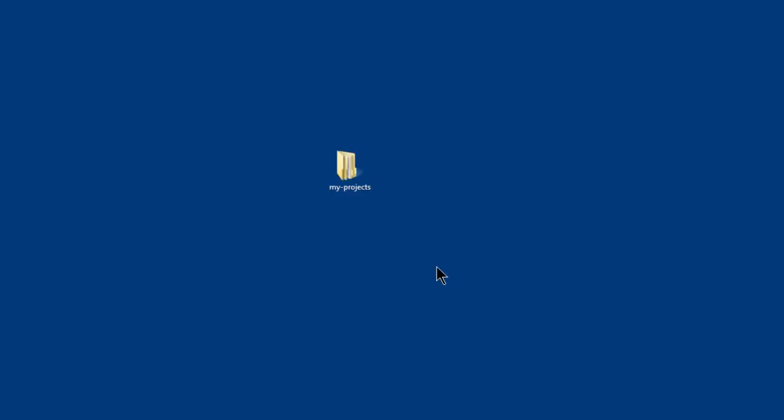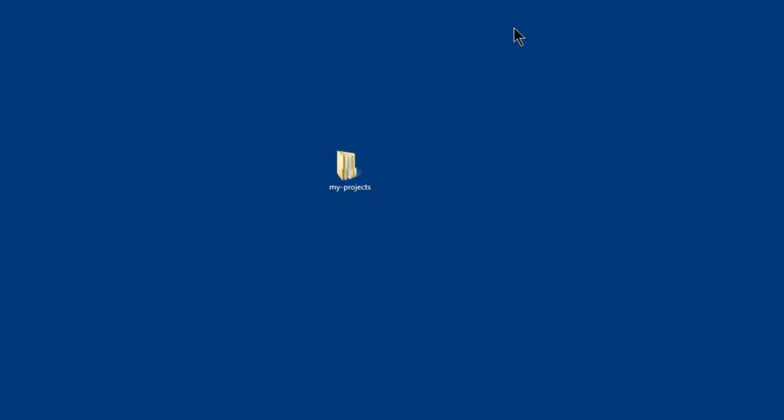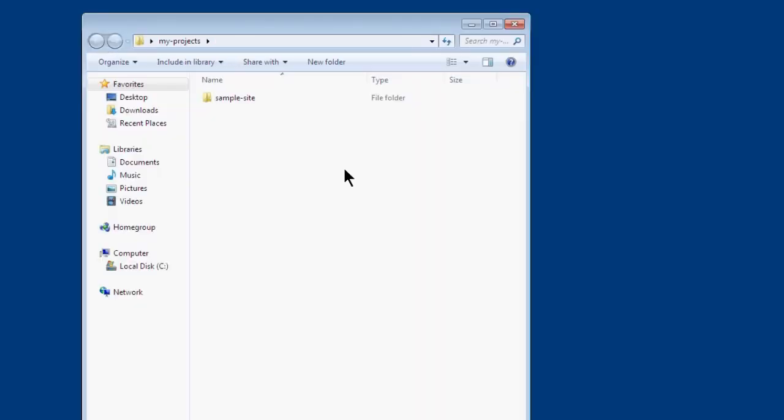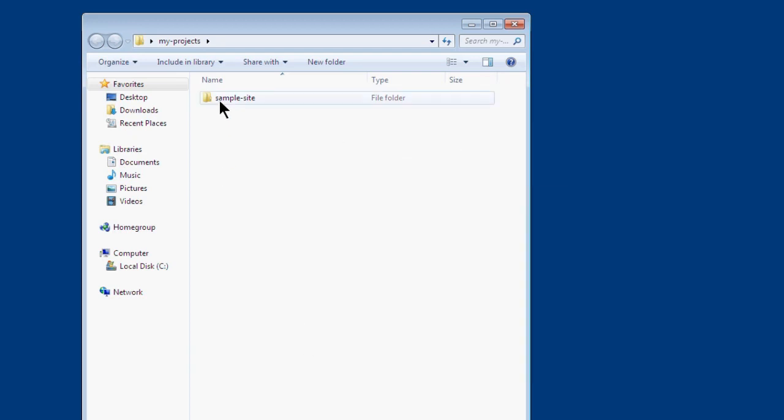And once you've done that, then open up the folder and then you create a project folder. This outer folder here will be a container for all your website projects that you want to create. It's always a good idea to keep all your projects in one location. So if I open that up, I've created another folder inside this folder, basically the same way: right click and go new folder and then give it a name. I've called it